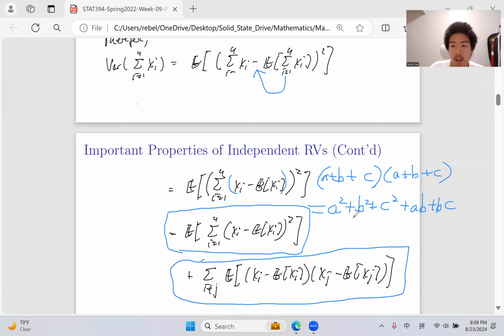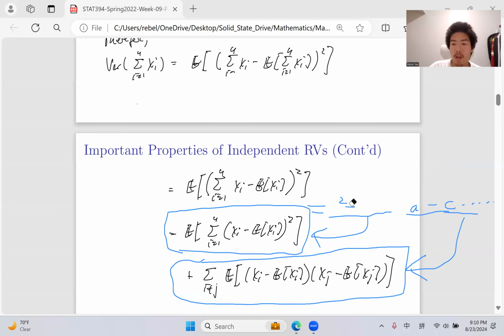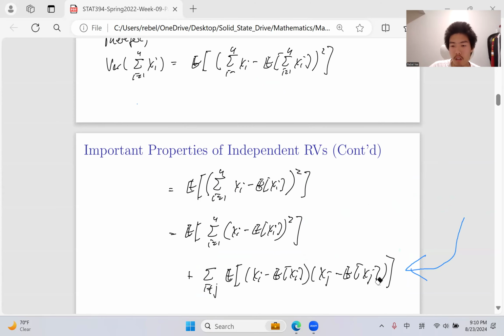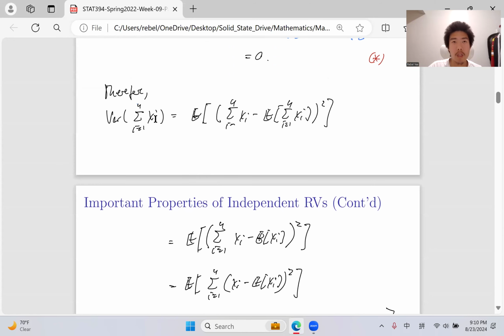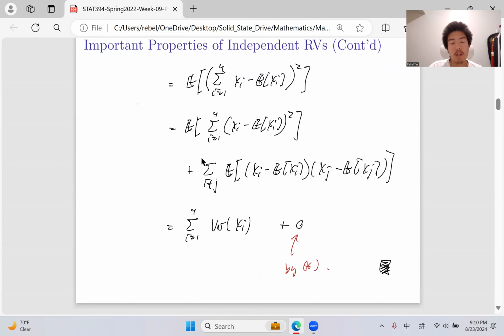Many terms here will be in this form, and this case will be in this form. So now we're solving it from a mathematical perspective, right? And now it will reach this form. So the variance of a summation of independent random variables turns into these things here. It turns out to be the summation of two things.